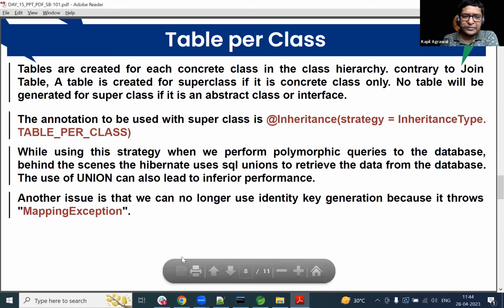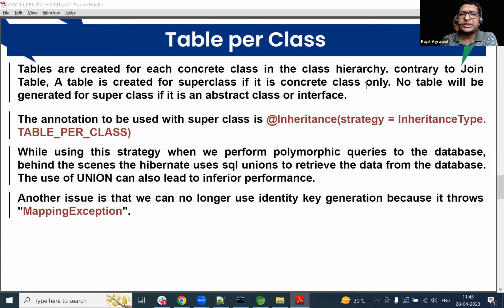Simple logic. There is no table for the superclass. Separate table will be created for the subclass. And definitely when you are creating separate table for every subclass, then attribute of superclass will be repeated in multiple tables. Getting my point? Why multiple tables? Simple logic. So you can see the strategy actually says that tables are created for each concrete class